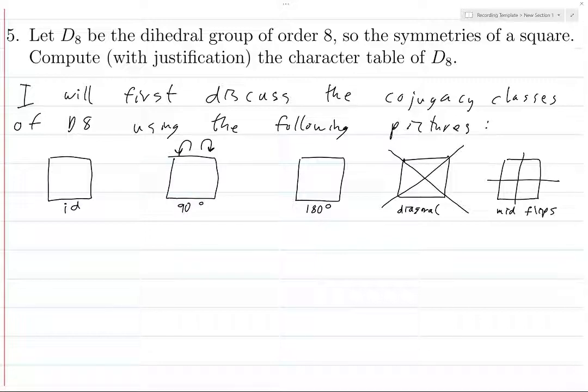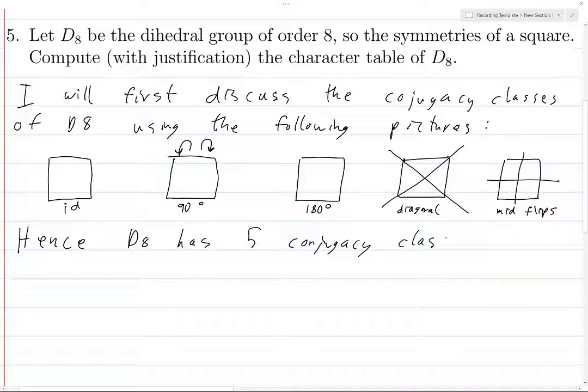And so that means that we have exhausted all of the elements of the group, and so we have just 5 conjugacy classes. And so hence, D8 has 5 conjugacy classes. Now that is a really poor argument. It's really not mathematical. It's sort of neat, sort of interesting. Like you actually get to look at something. I'm personally very visual, and I like arguments like this. But if you really wanted to convince someone of this, you would have to write a mathematical proof. And I don't know if there's an easy mathematical proof of this other than